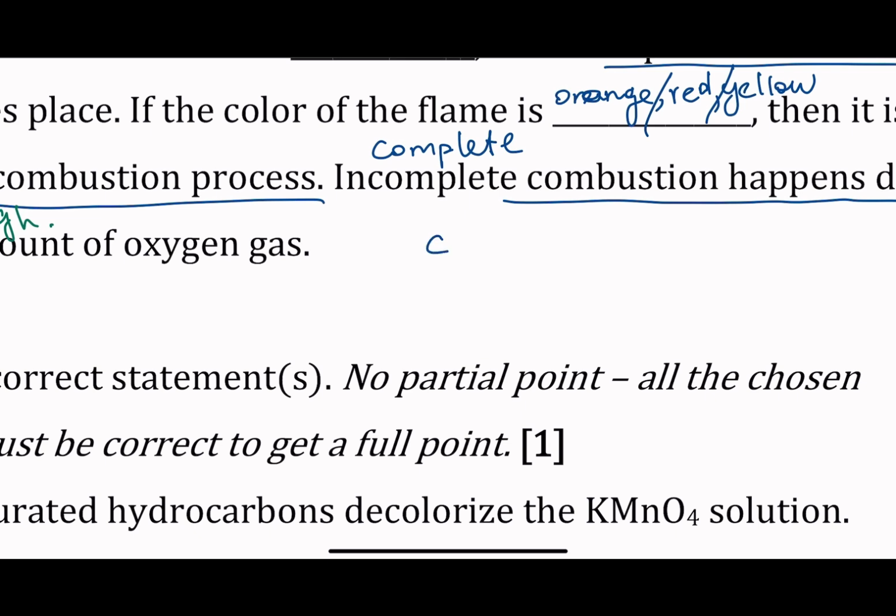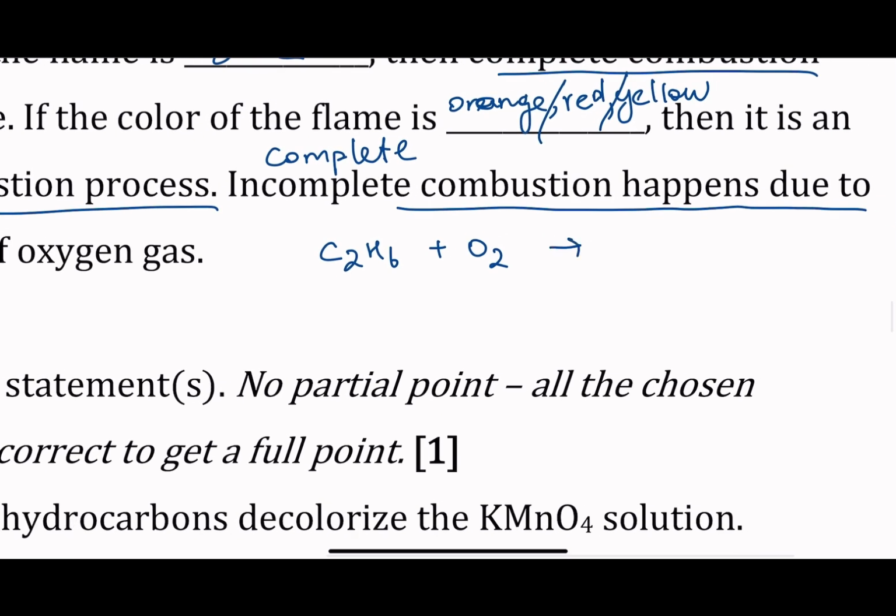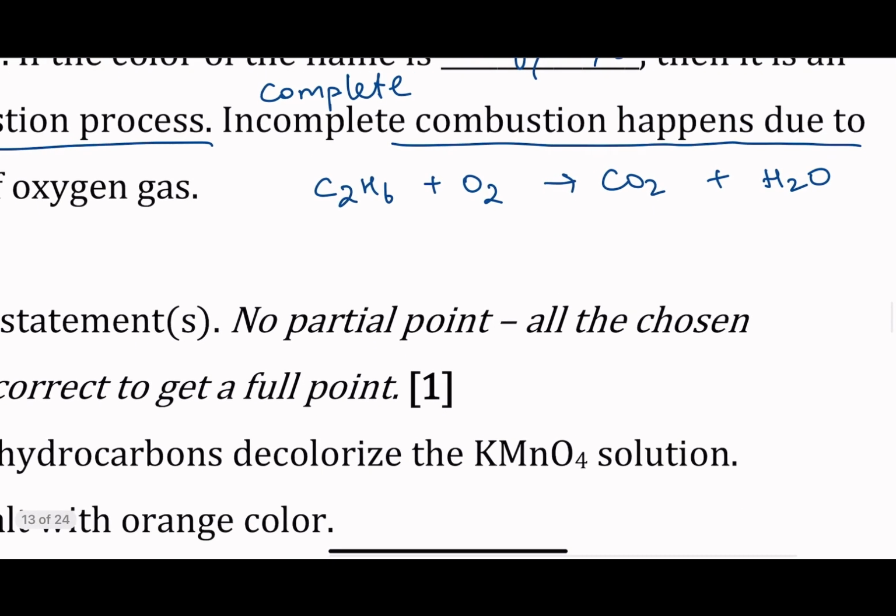For example, if I had C2H6 and I would do combustion of that, it is CO2 and then water. This is complete, right? So let's do the balancing. So it would be 2 carbons and then 3 hydrogens, and then it would be 4, 7. 4 plus 3 is 7, so this would be